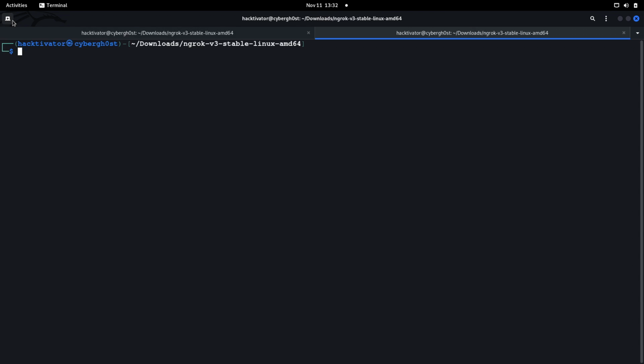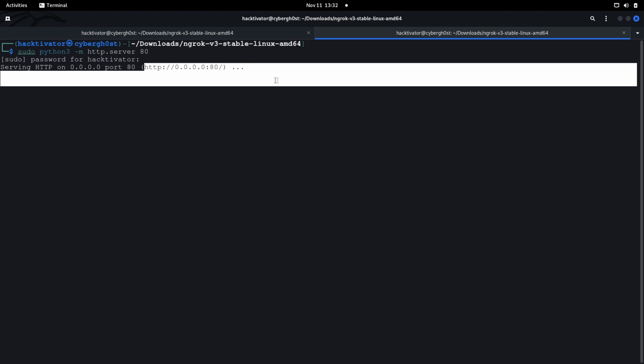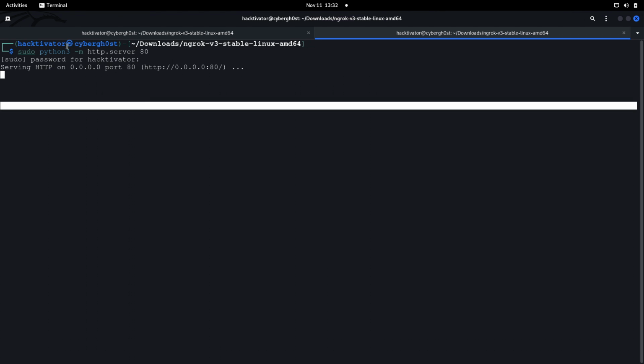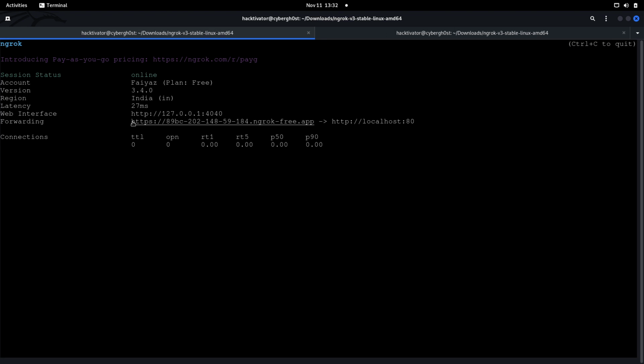And meanwhile, we can also open up a server over here. So I'm just going to run my Python server on port 80. python3 -m http.server 80. Let's provide the password, and as you can see, it is listening on port 80. And now I'm just going to copy this,